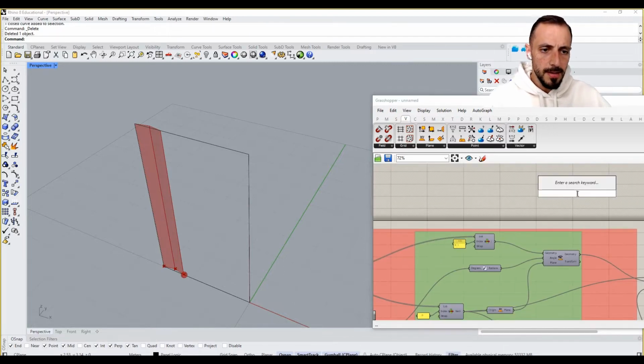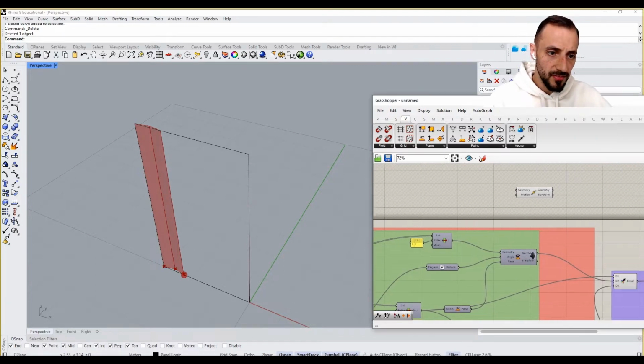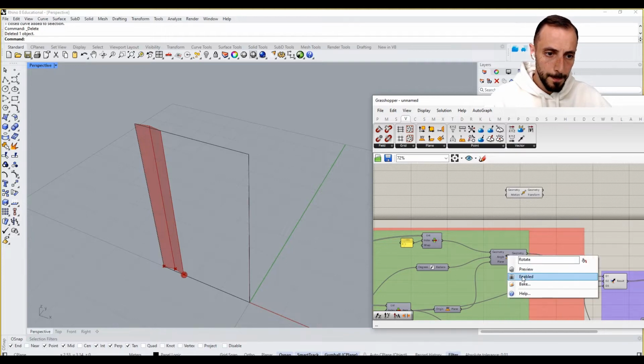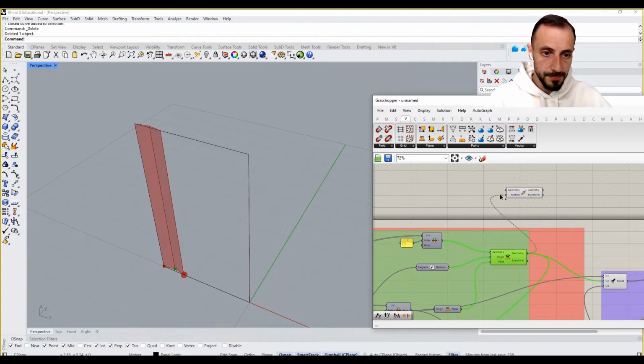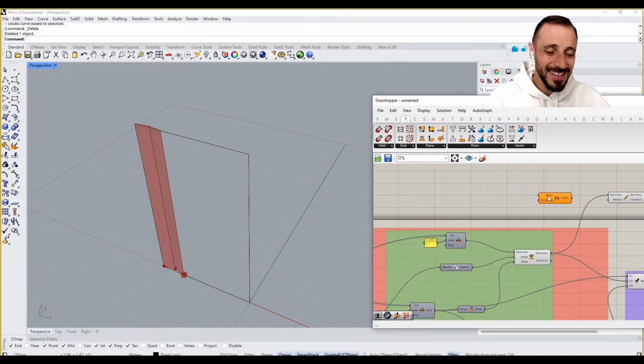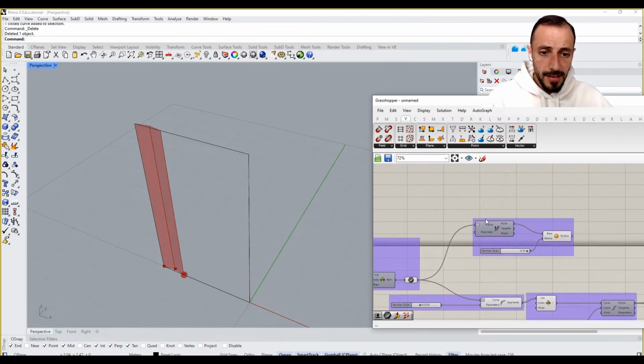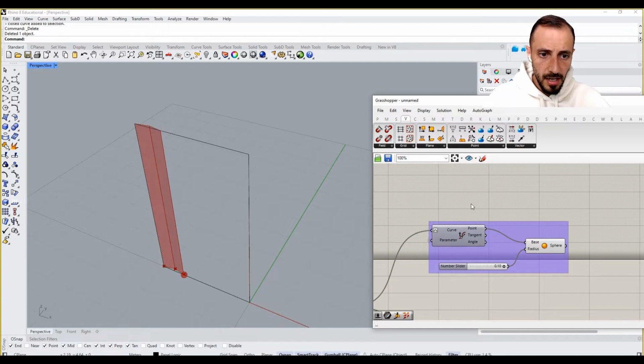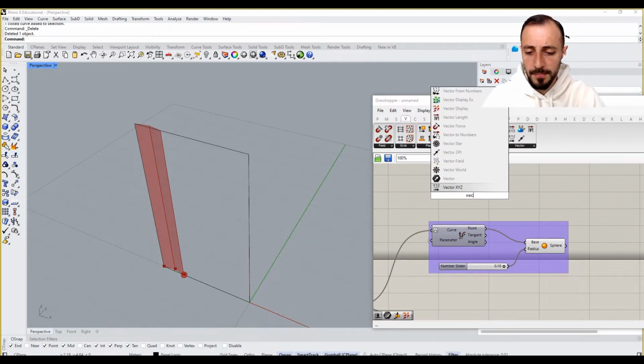We can do that. If I grab a move component and if I move this point, this midpoint, in this direction, what would happen? And this direction meaning perpendicular to our base curve. So I'll grab an amplitude and I will need this vector. And if I take a look at my curve here, I will have this guy over here, right? So if I maybe take a closer look at our tangent vector now,